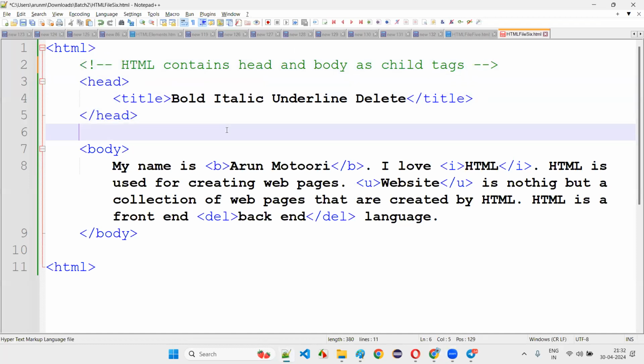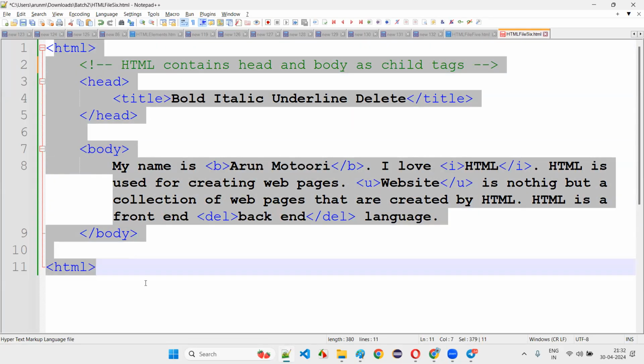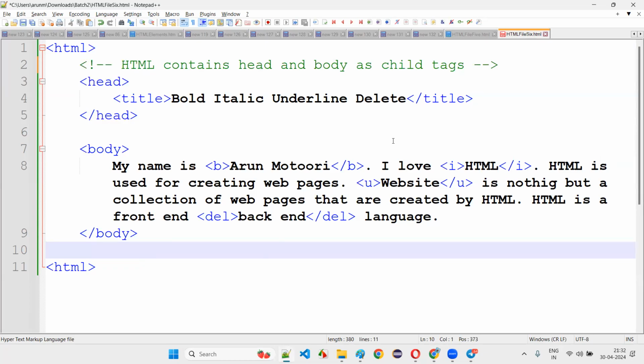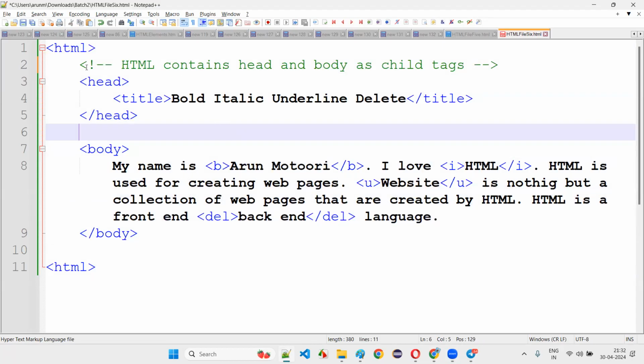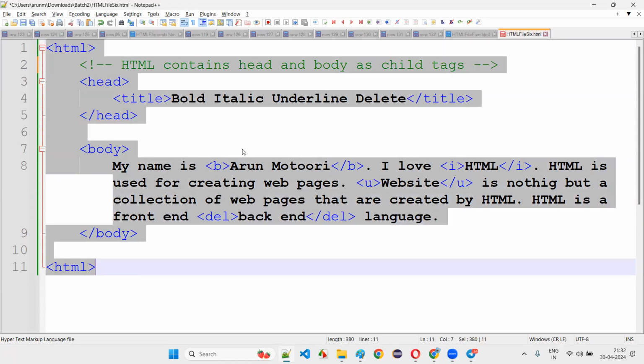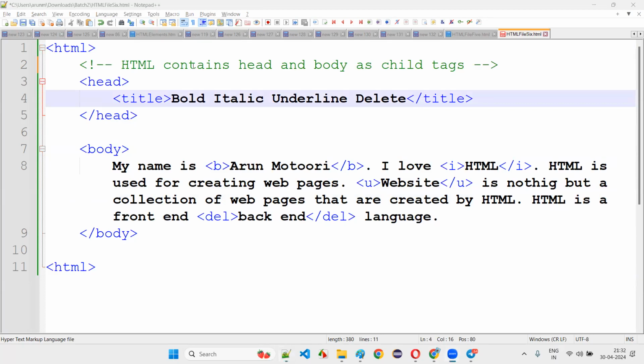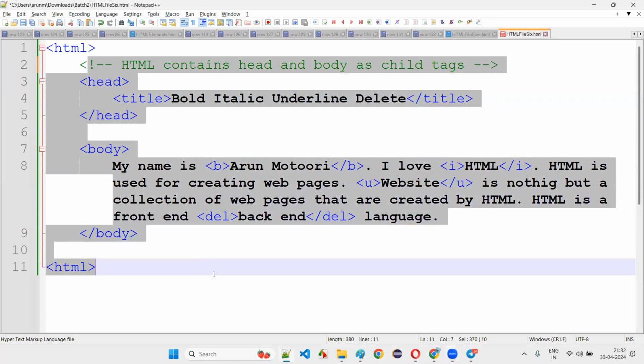What if I want to comment this? This is one of the purposes of the comments, to explain this HTML code. Say you have written a long and complex HTML code, and you have given it to another developer, a colleague or your friend, or later after a long period of time you come back and read the HTML code, and you have forgotten whatever you have written long back. If the code is very complex, can you understand it? At a long period of time, you yourself will not be able to understand the code.